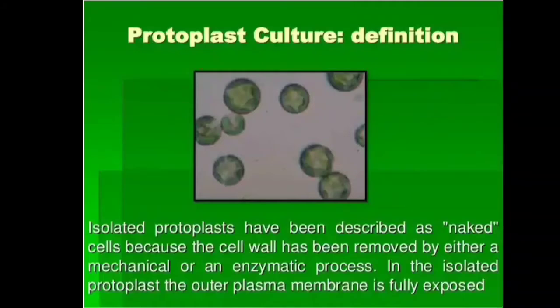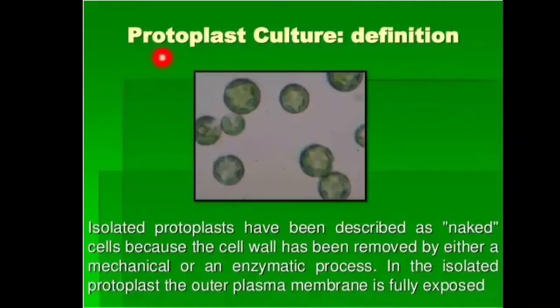And to isolate the protoplast, it involves two methods, okay? So the first method is known as the mechanical method, and the second method is the enzymatic method. And the first isolation of the protoplast was found in the mechanical method, okay? So we will discuss these methods in upcoming slides. The first isolation of the protoplast was achieved by the scientist known as Klicker in 1892 in the enzymatic